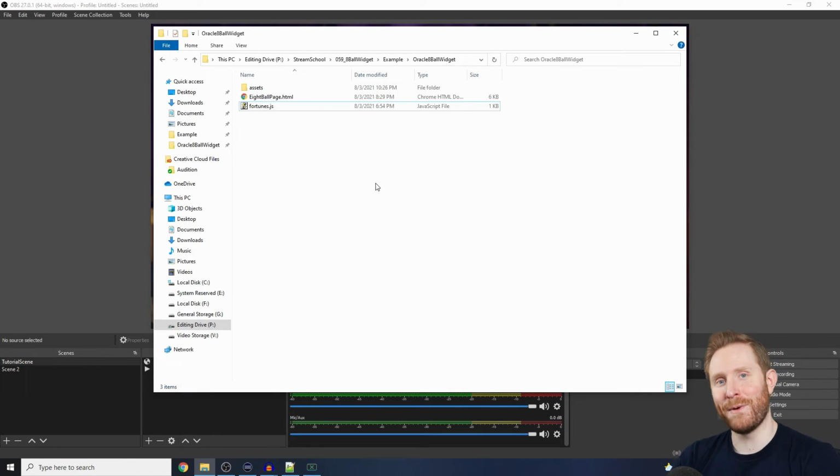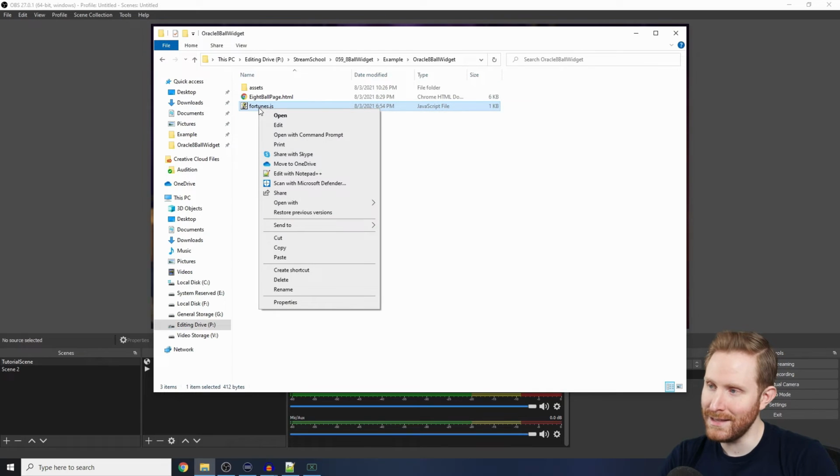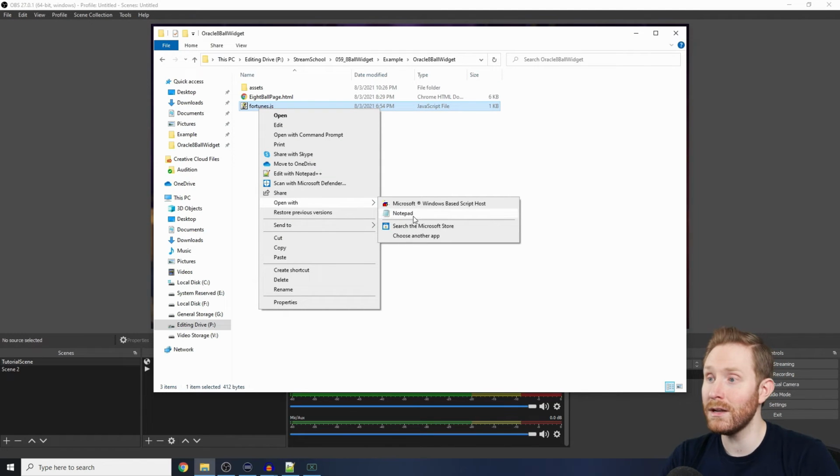Now for the fun part. Let's say you want to add your own custom responses to your 8-ball widget. Well, that's also pretty easy to do. For that, we're going to want to modify the fortunes.js JavaScript file. And for that, you can use pretty much any basic text editor you want, but I'm pretty sure almost everyone is going to have access to Microsoft Windows Notepad, so we're going to use that for the sake of this tutorial. So I'm going to go ahead and right-click fortunes.js, go to Open With, and here I'm going to select